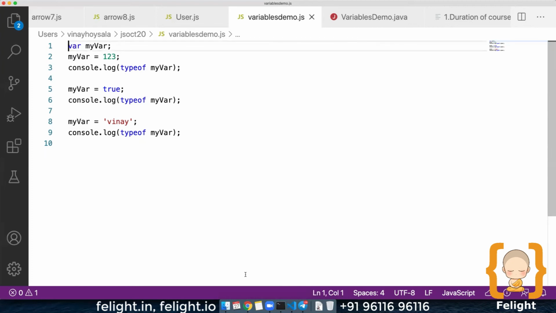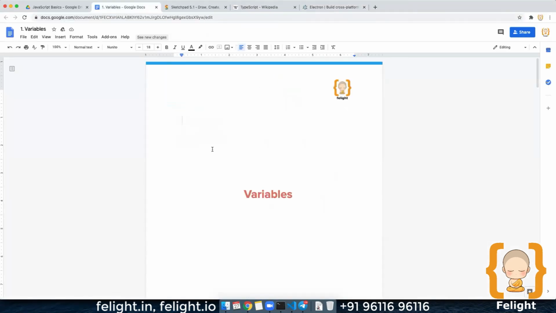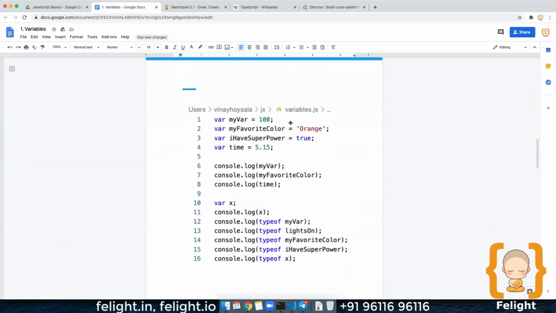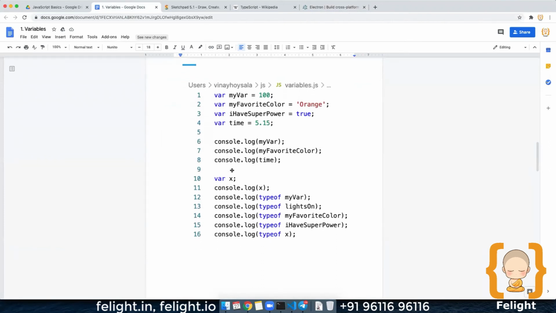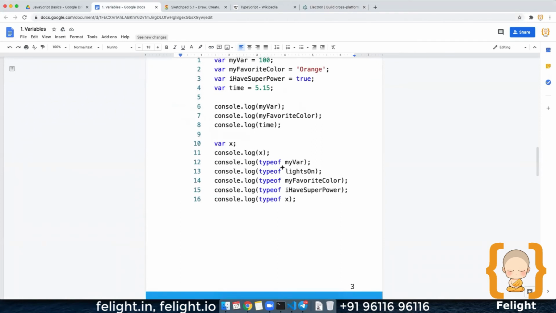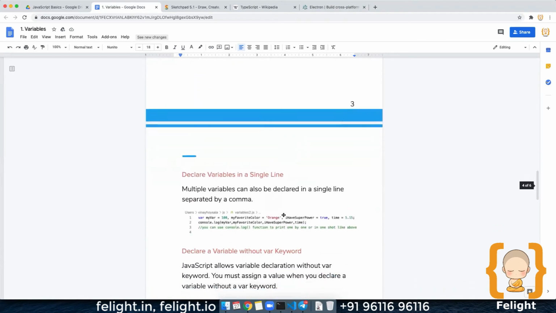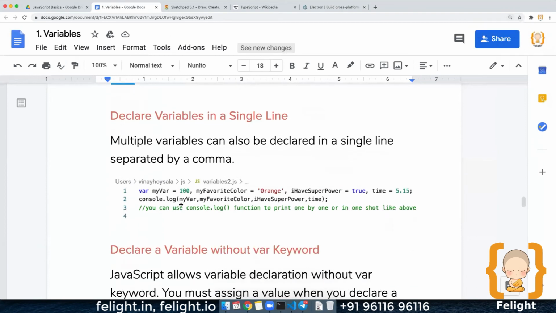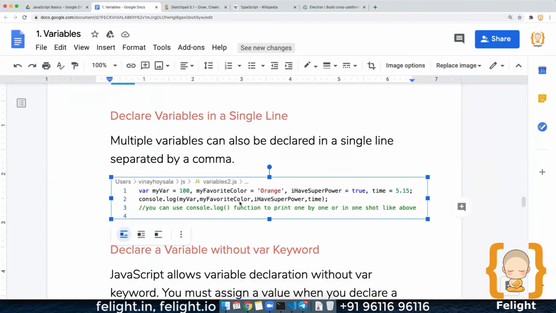So this is about creating the variables. Let's run through the notes I have written. This is a bit of theory which I just explained. These are different variables I have created with different values. I simply made use of the var keyword, so you can go for either var or let. The typeof operator can be used for checking the type of the variable. Data types you're going to study in the coming lessons. For every screenshot present in the notes, you should write this program and execute it.